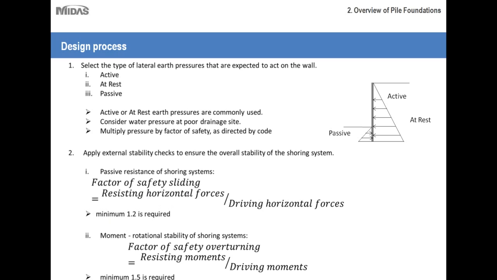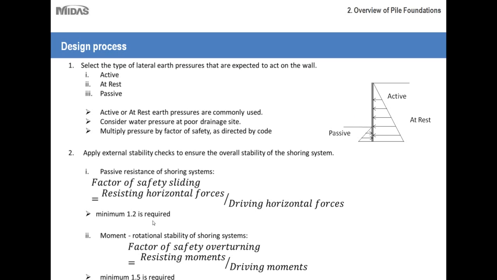So the resisting horizontal forces are simply the forces that are keeping your wall in place. And the driving horizontal forces are your active, your at-rest, and your hydrostatic pressure acting on the other side of your wall. These are the forces trying to cause it to fail. So essentially, let's say it's in terms of newtons. If you have 1 newton of driving horizontal force, then by this ratio you need to have 1.2 newtons acting